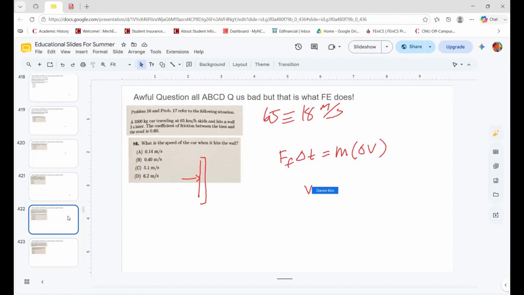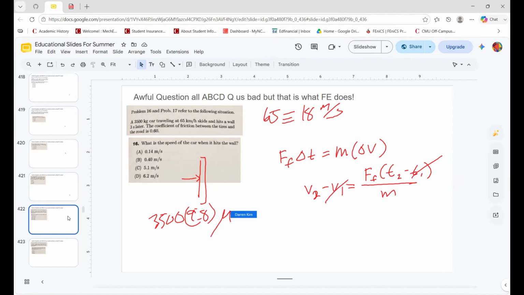So V2 minus V1 equals F friction times (T2 minus T1) divided by M. T1 will be 0 here, and then F is 3500 multiplied by 9.8 multiplied by mu. Let me just do that on my hand calculator: 3500 multiplied by 9.8 multiplied by 0.6 equals about that number. And then you multiply by 3 seconds divided by